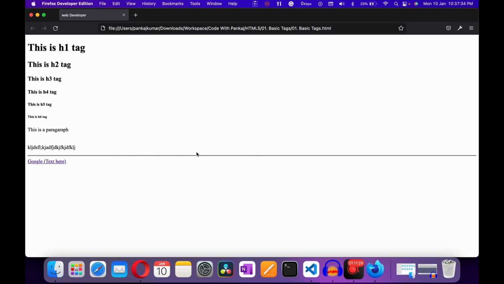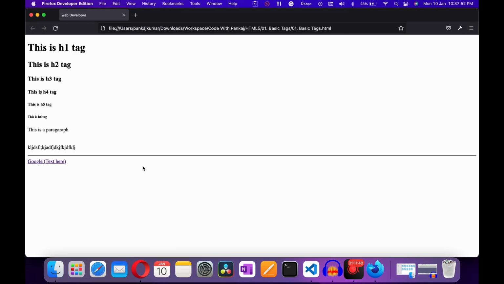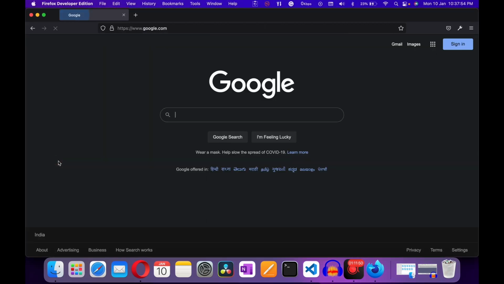After the horizontal line I gave a link, and this is the text which I wrote in my code. If I click on this text, it will redirect to this link.